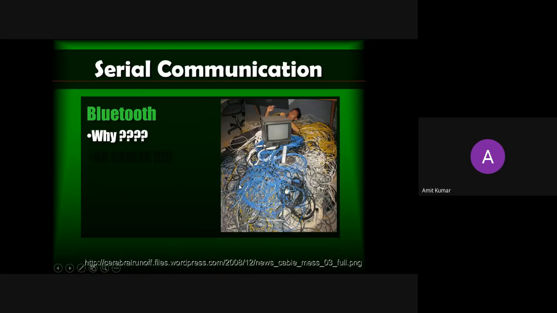Now we move to serial communication wirelessly. Why should we move to Bluetooth? In serial communication, although we have one wire, when we are connecting thousands of peripherals to one controller, you need thousands of wires, so there will be a lot of mesh. To reduce that mesh, we have another serial communication type known as Bluetooth, to remove the cables. That's why Bluetooth has become much more popular in the real world.